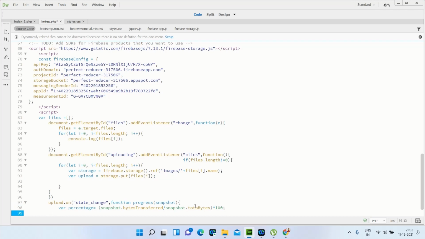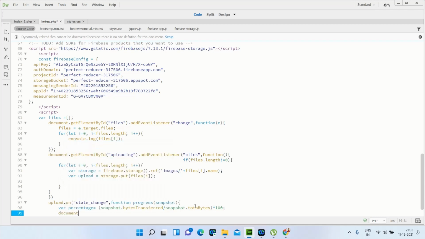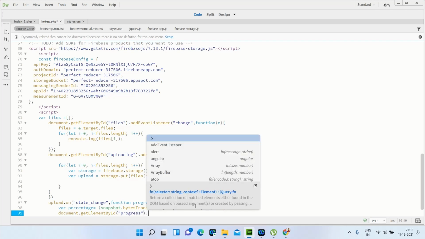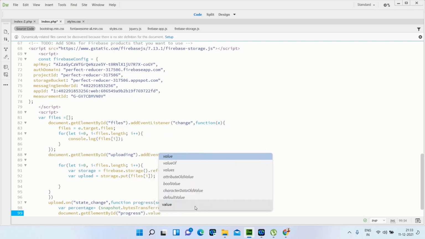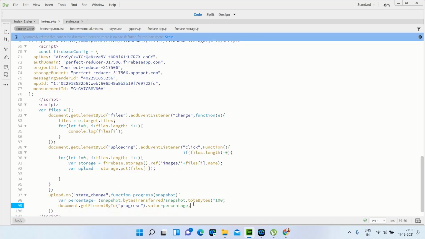After that, document dot get element by id, and here you need to call the progress bar id. So here progress dot value is equal to percentage. Okay, now it's completed.